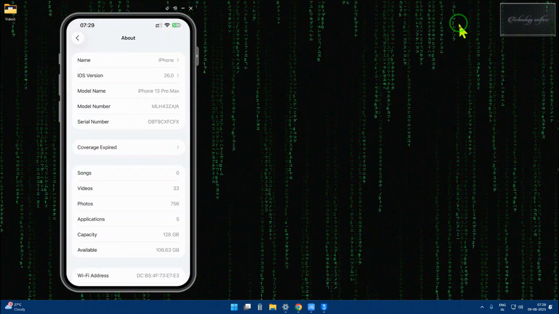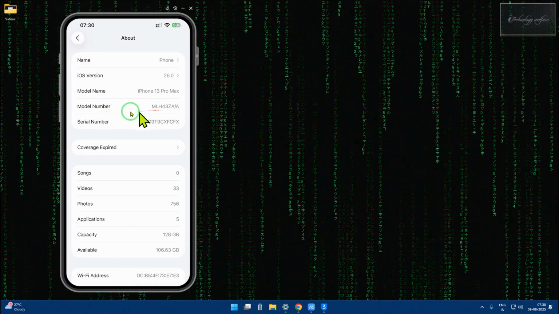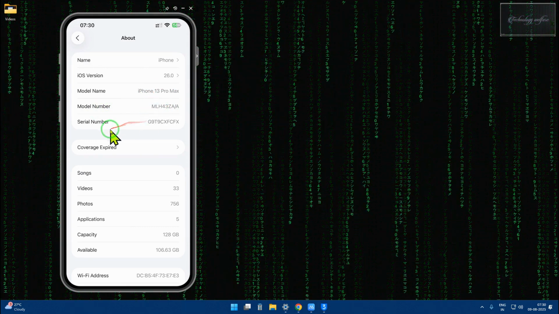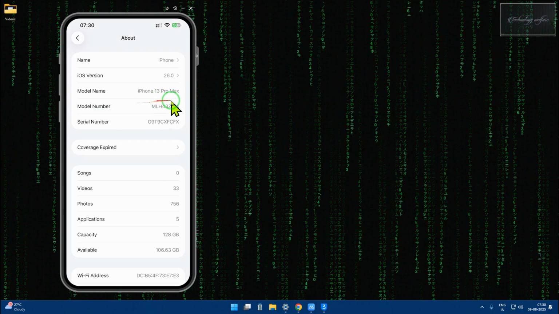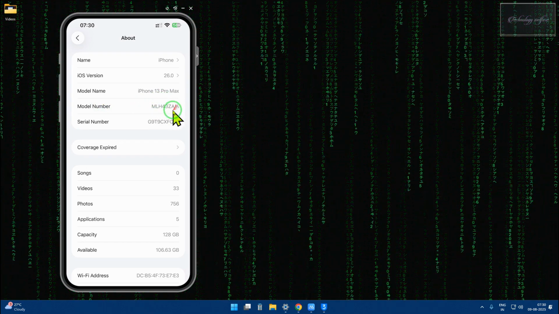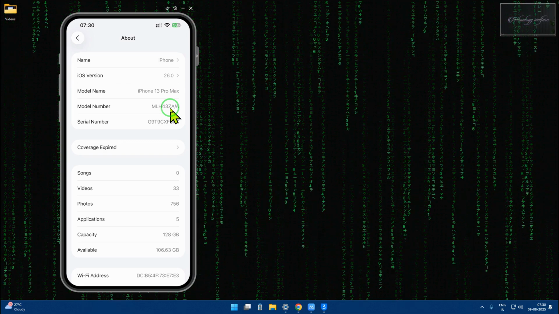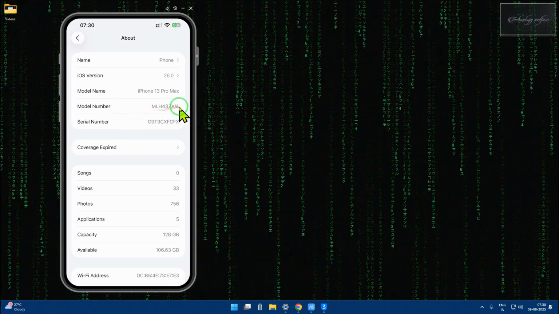and then we will come into About, where we can find the model number, the model name, and the serial number. By that serial number this is also possible, and by the model number, the last two digits before the slash. Yes, according to your device you can follow all the instructions, checking what the model number is, and